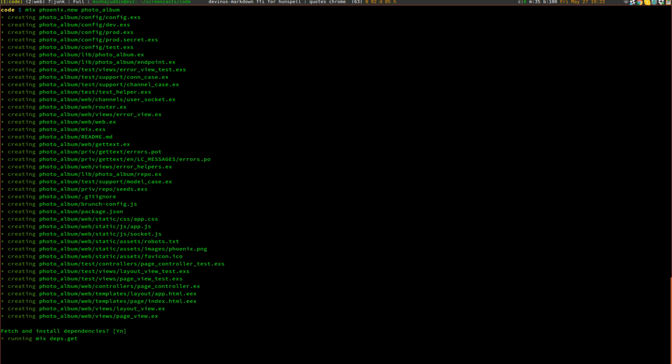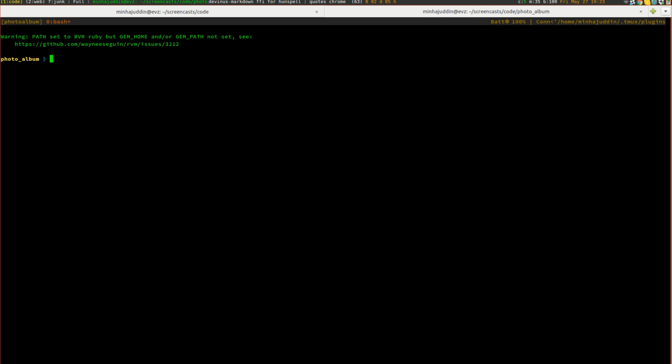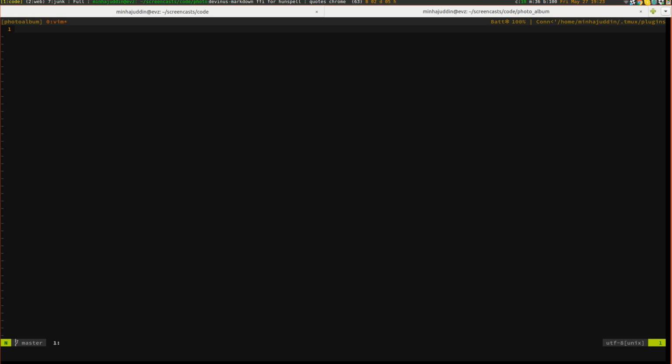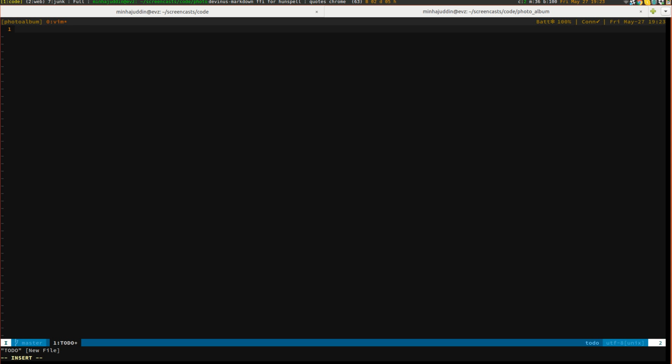and we'll let it install the dependencies. And while it's doing that, let's get into the directory and open our editor. And in here, let's list down our requirements, right? So what we want is we want this application to allow us to upload images and view images and show, list all the images and